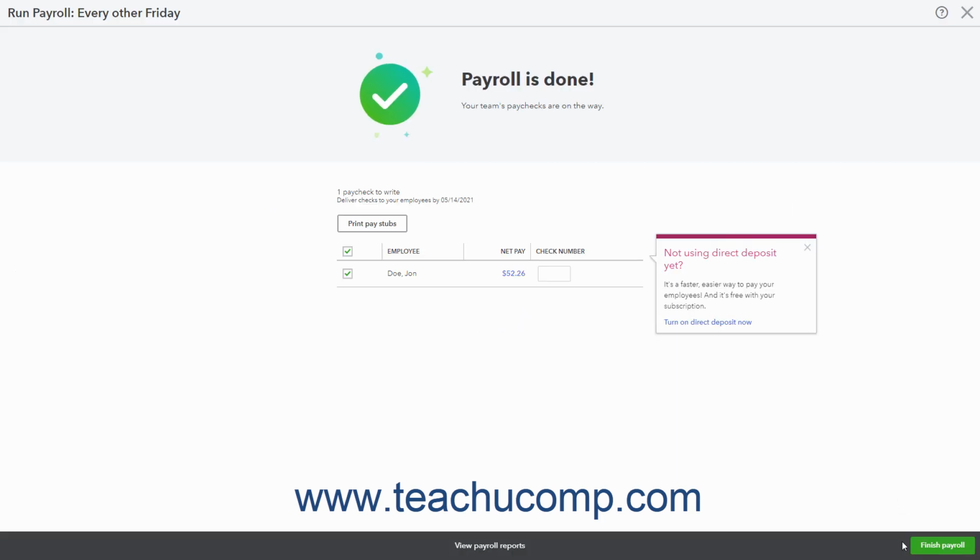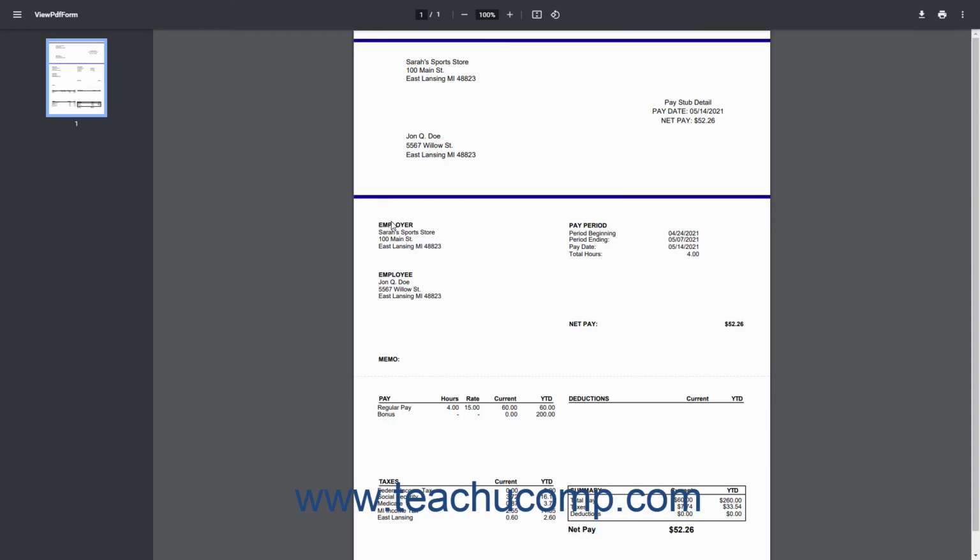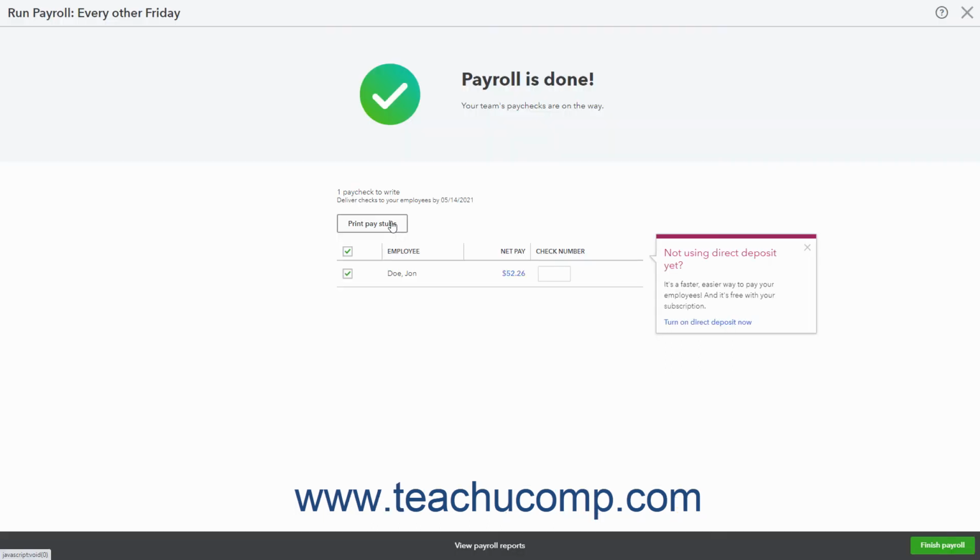The paycheck information then appears on screen. To print pay stubs, click the Print Pay Stubs button to show a PDF preview of the pay stubs in a separate browser tab or window where you can print them and then close the tab or window when finished. If needed, to record check numbers if printing paper checks, type them into the check number field for the associated paycheck. To view your payroll reports as individual worksheets within an exported Excel workbook, click the View Payroll Reports link